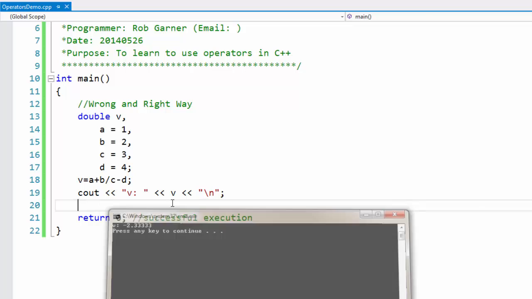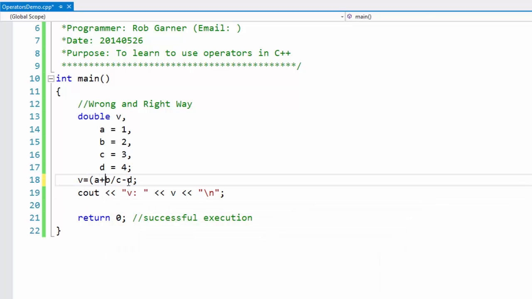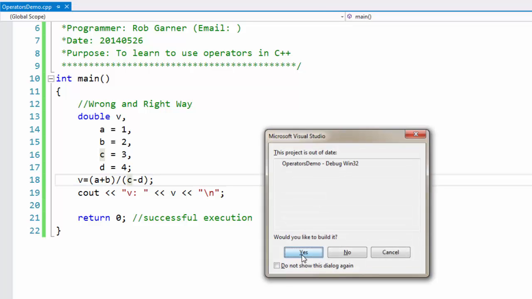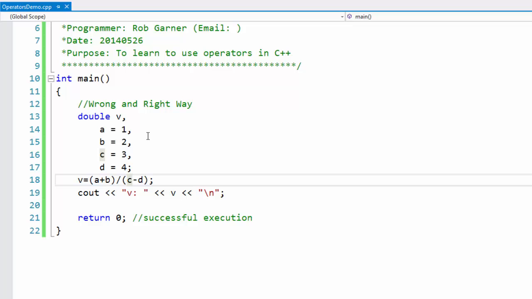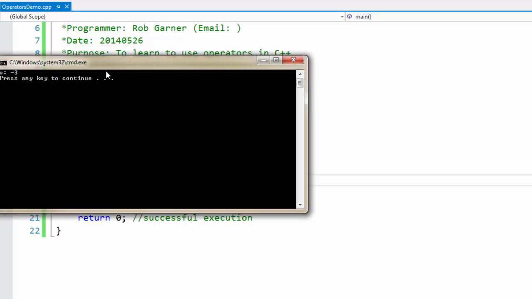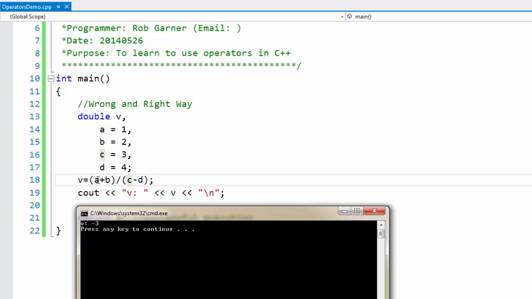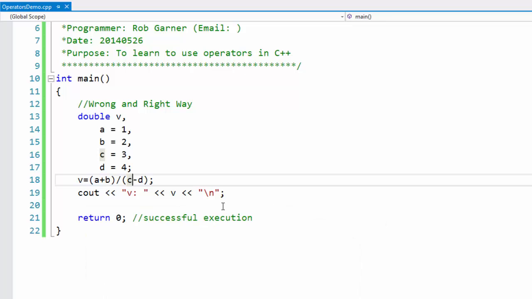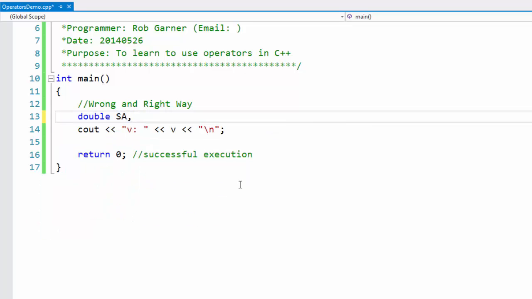So to really represent what we meant, you have to make sure that you explicitly define which elements get done first, and by putting the parentheses in, we may get more of the result that we want, which is to add A plus B and then divide by C minus D, which gives us the minus 3 we might have expected. So make sure you use your parentheses correctly to define what you want. Another formula we might look at is